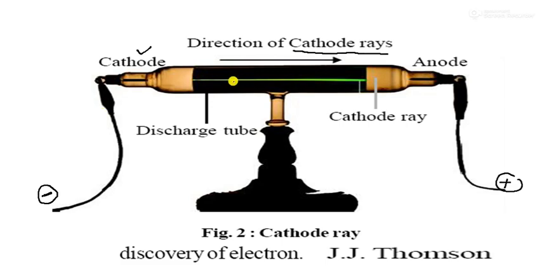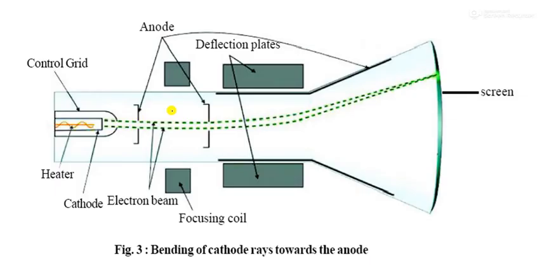Now, how cathode rays are deflected, you can see in your picture tube. It is a picture tube. There are two deflecting plates, this one and this one, and there are the anodes. It goes from here to here. This is called the electron gun. So the anodes accelerate the electron particles.